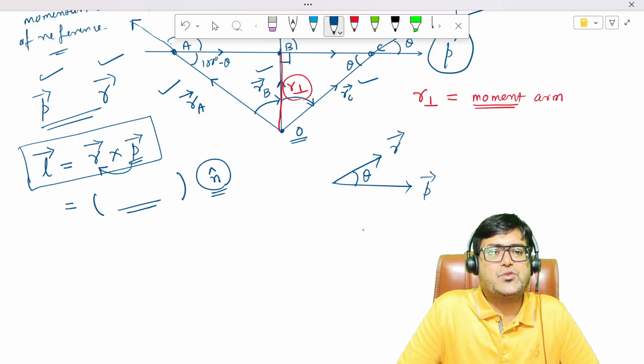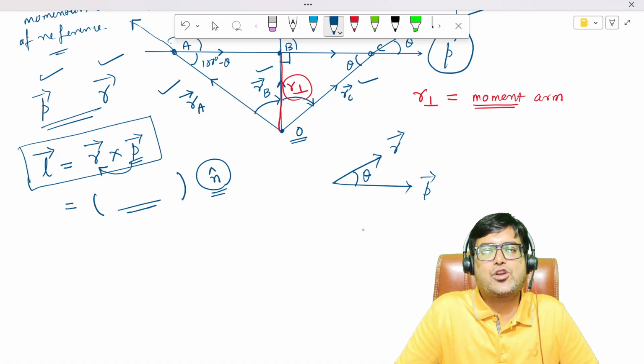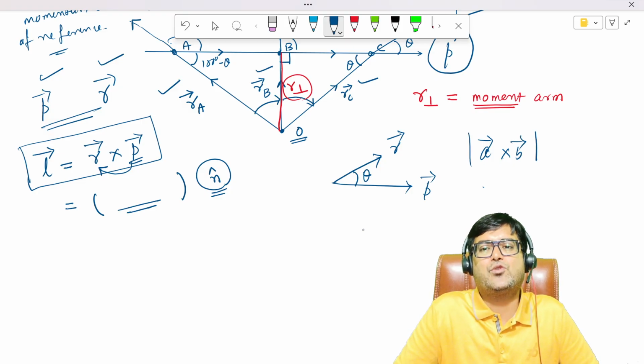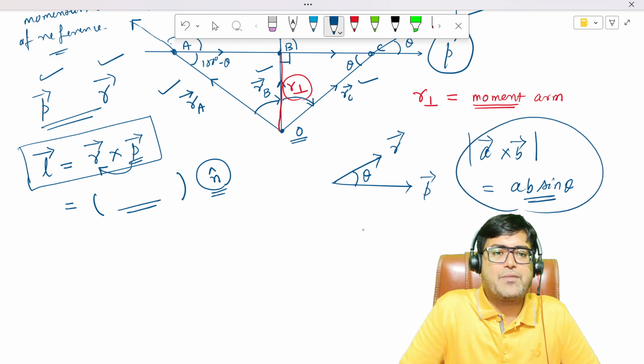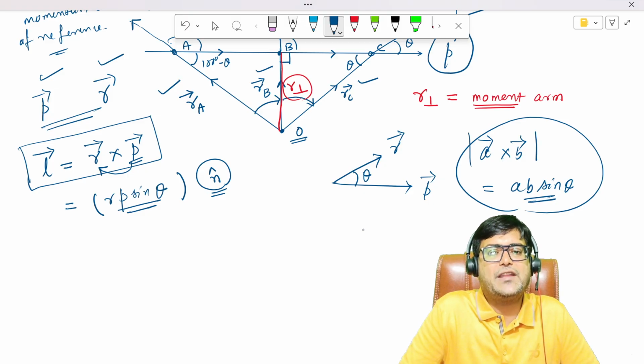So what's the magnitude? The magnitude is simply given by, when you say r cross p, right? Imagine if you have two vectors and you're crossing them as a cross b, then the magnitude of the cross product simply means a times b times sine of the angle between them. So we can apply that here. R cross p simply means rp sine theta n cap,